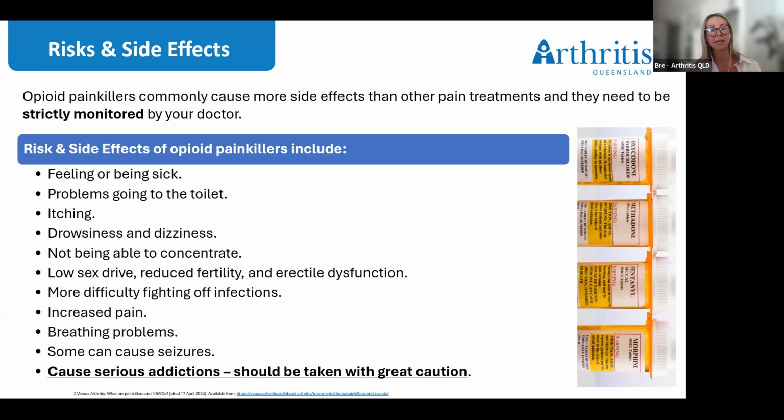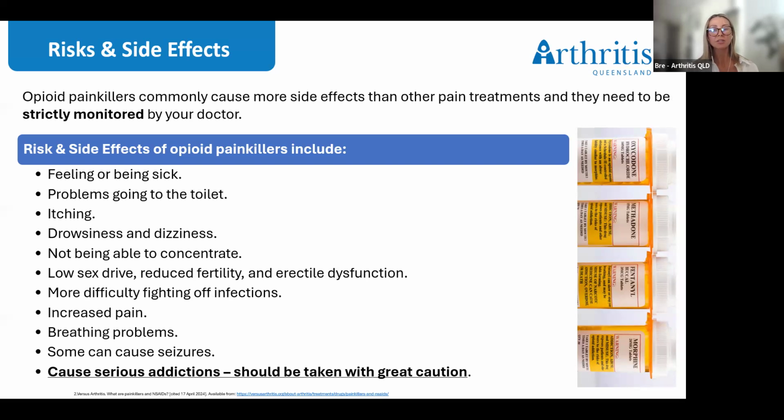And they can also affect your cognitive abilities and can result in you feeling drowsy and dizzy. Also not being able to concentrate as well. It can also lower your sex drive, reduce fertility, and cause erectile dysfunction. And some people have a lot of difficulty fighting off infections when taking opioid medications. It can actually increase your pain, cause breathing problems, and some can cause seizures as well. And then the biggest one is that it can cause some serious addictions and should be taken with great